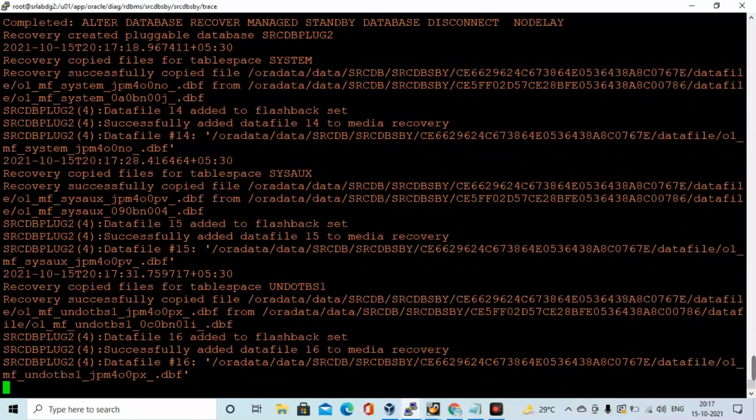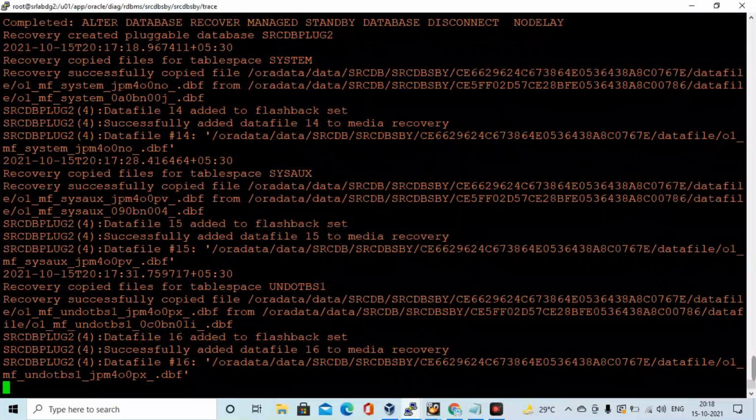Recovery created the newly created data files, I mean the pluggable database srcdb plug 2 that was created on the source side. Recovery created the pluggable database and it's recovering automatically. Recovery copied the files for tablespaces system, sysaux, and undo.